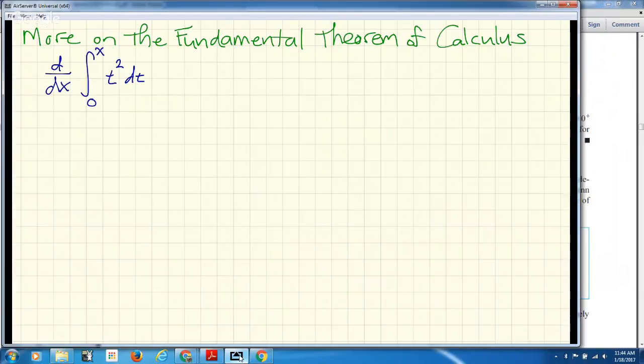That link between the area function, which is the definite integral, and the derivative pretty much means they cancel each other out. And so this is going to be equal to x squared, which is kind of cool. A little catch goes in there for certain situations. So if we try that again,